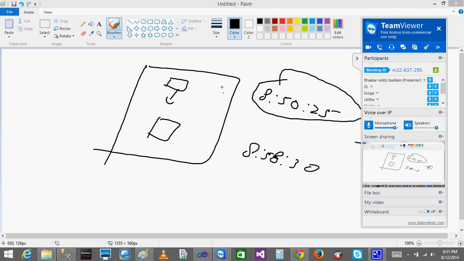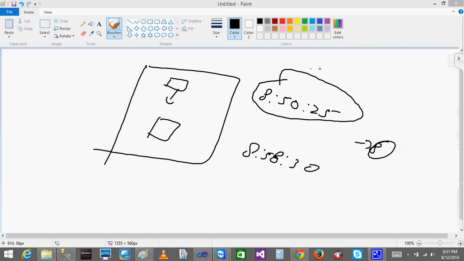See, now I have loaded the package. This is my start time and this is my end time, okay? Next time when I start the package, which time I need to use? 8:50. Why? We were starting from that time. Exact. You are starting from that time. So that's why you will be using the 8:50 only, right?